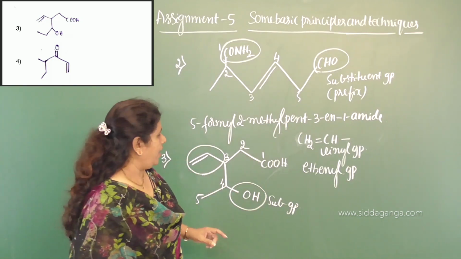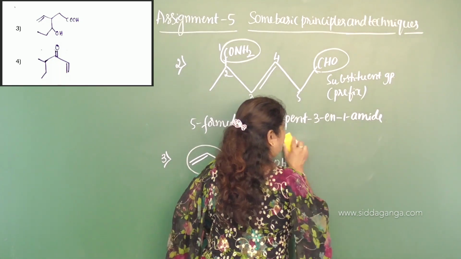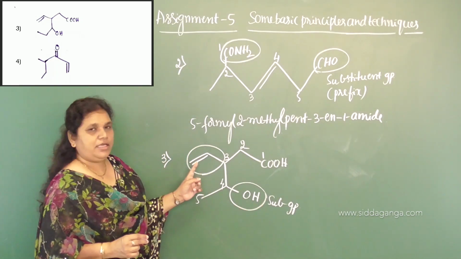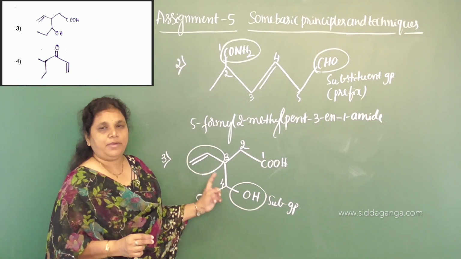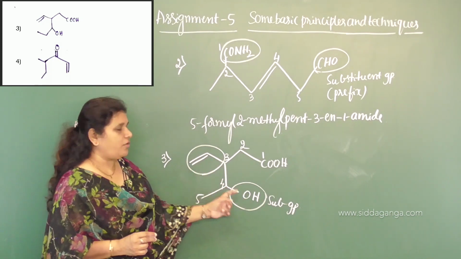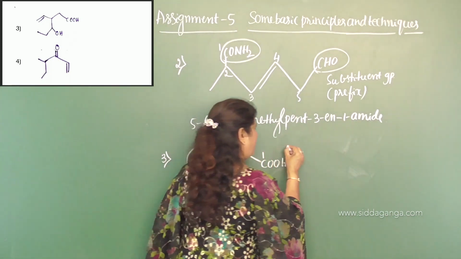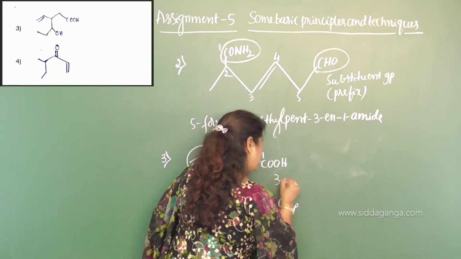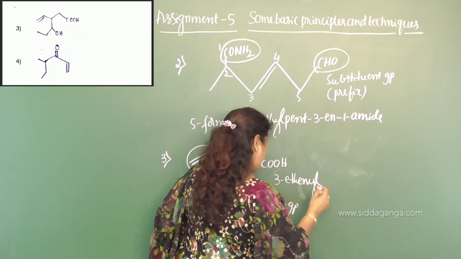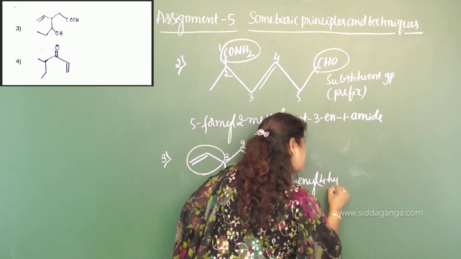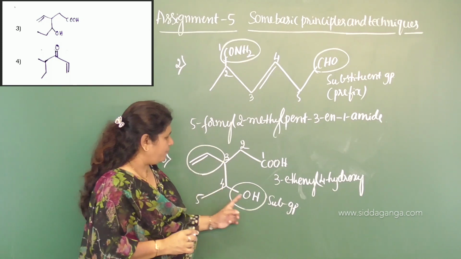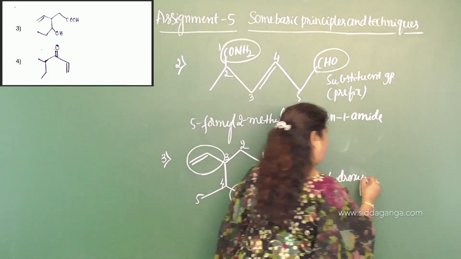Okay. Now write the name of the compound. What is the name of the compound? See here, what are the prefixes we have? Hydroxy and ethenyl. Which comes first? You have to arrange them in alphabetical order: ethenyl and then hydroxy. So then 3-ethenyl, 4-hydroxy, pentane,